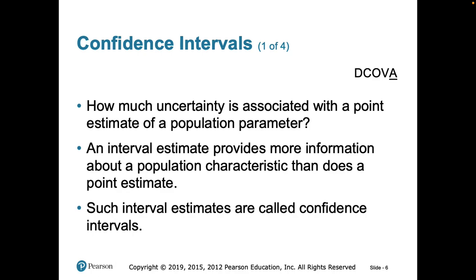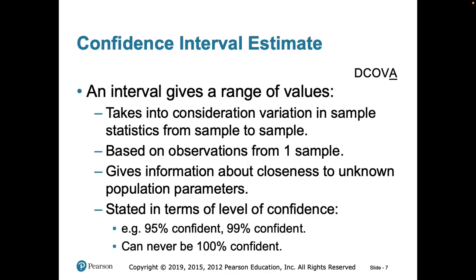So if I tell you the average score on the final exam is 80, it gives you an idea. But if I tell you 95% of the students score between 70 and 90, now you can probably feel more confident that you can be in the 90s. Such interval estimates are called confidence intervals. So I can tell you, with a 95% confidence interval, this is where the data falls.